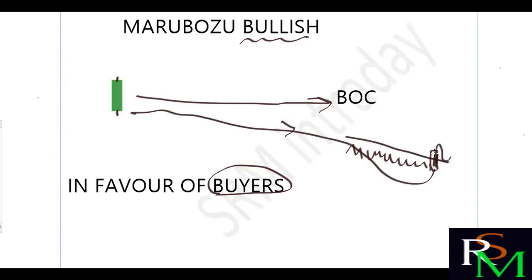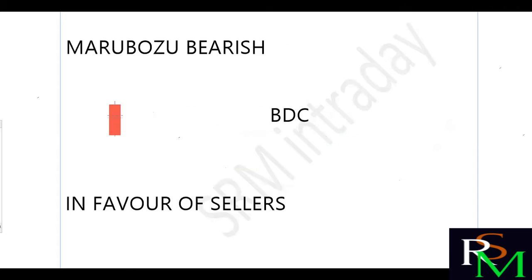In the retracement, we have different methods to enter. Apart from the entry levels, we can understand that the trend is going to change from bearish to bullish. So I can also call it a trend reversal candle. The trend can be reversed by a single candle, that is nothing but the bullish Marubozu candle. Coming to the next one, the opposite.